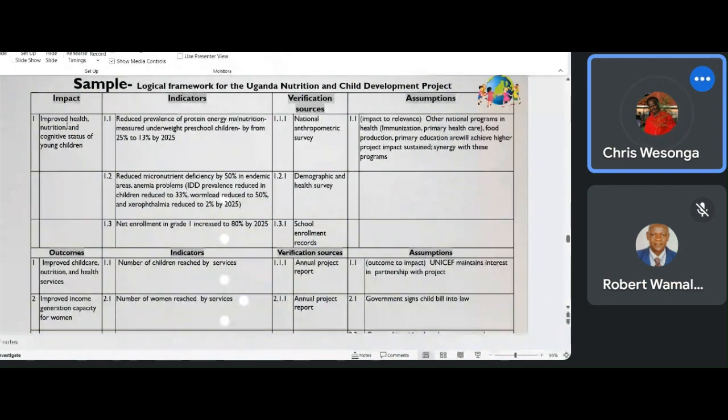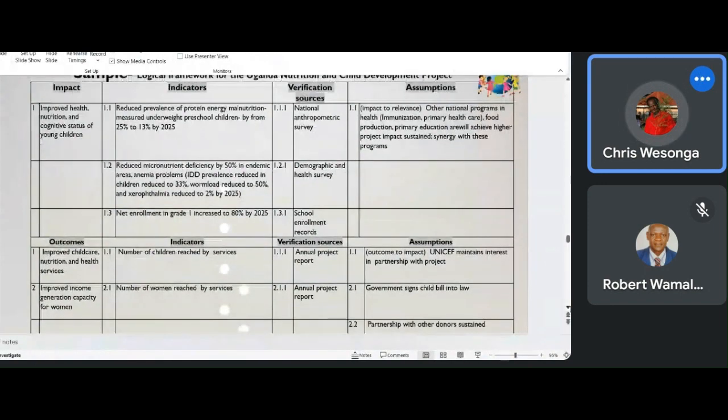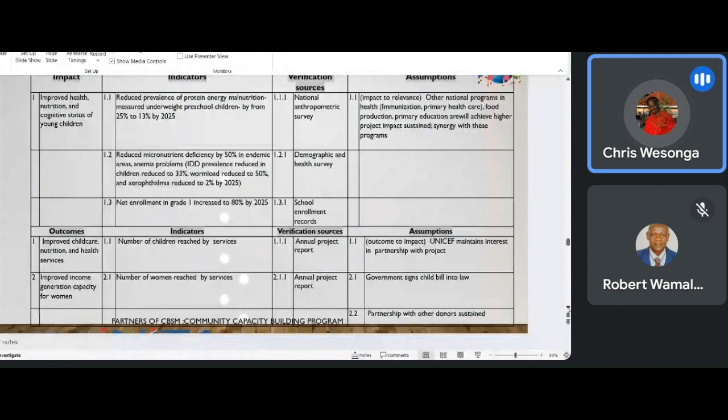Then improved income generation capacity for women. And what are the indicators? The numbers have been put there of children reached by the services, whichever services we are going to see, and the number of women reached by the services. Where do we get this information? In the annual project report. And the assumptions are: one, UNICEF maintains interest in partnership with the project, which means this project is being done by UNICEF. So UNICEF does not lose